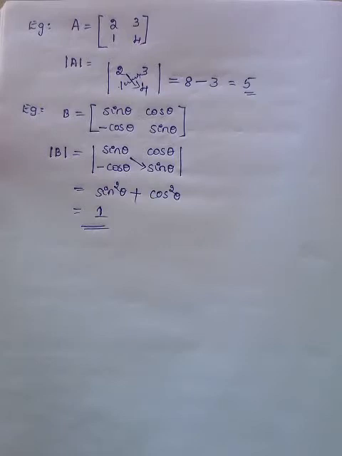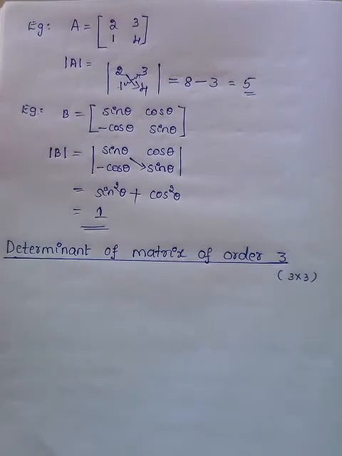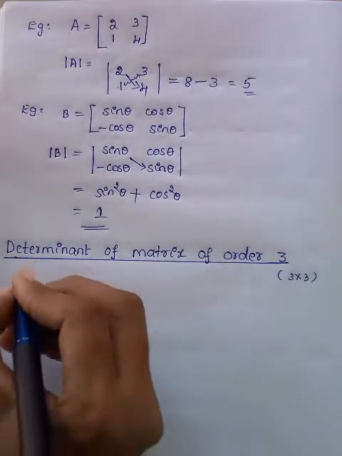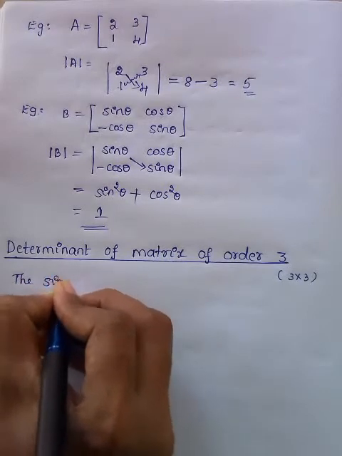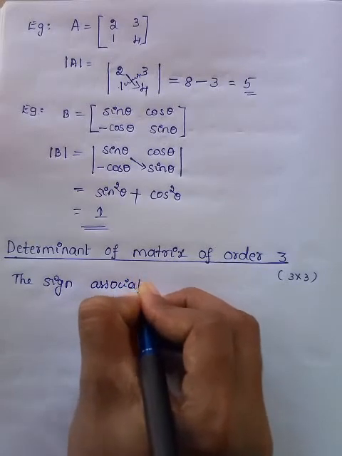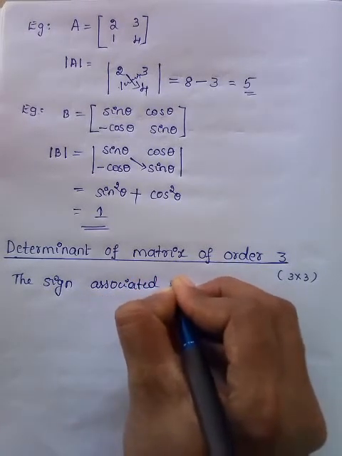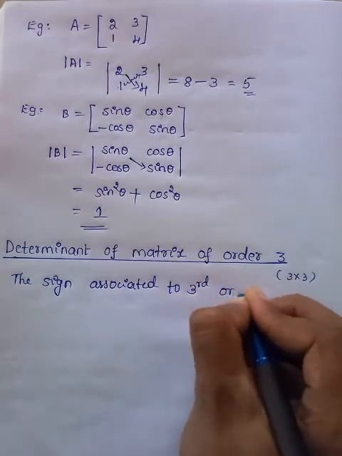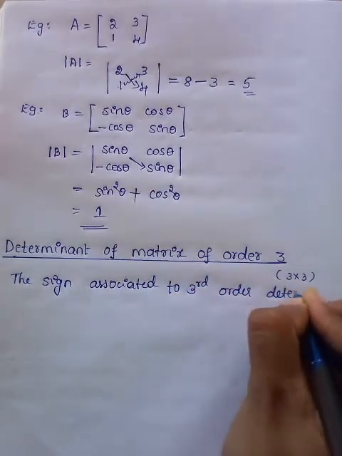Next, I am going to explain how to find the determinant of 3 by 3 square matrix. Determinant of a matrix of order 3. Before going to expansion of determinant, the sign associated to the third order determinant